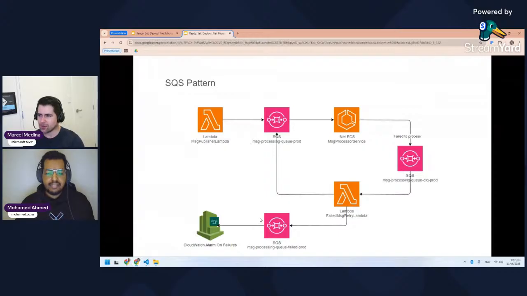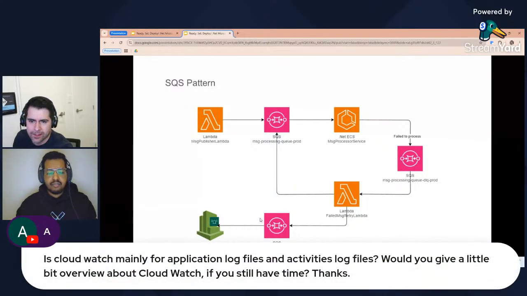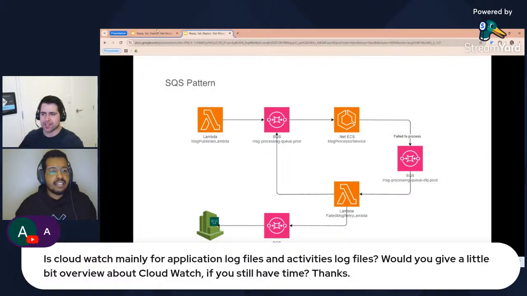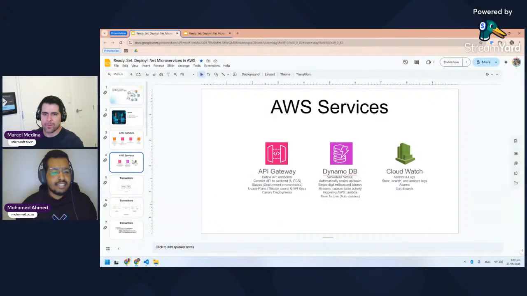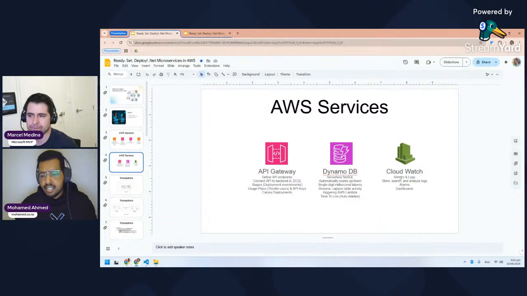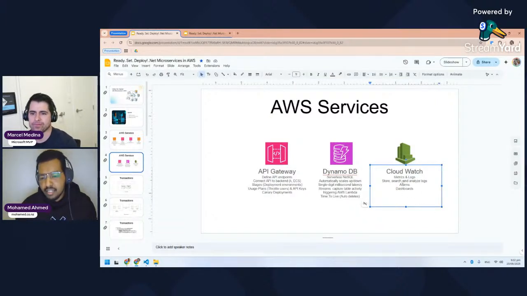We got another question. Let's bring that in. It's about CloudWatch. So it's CloudWatch mainly for application log files and activity log files. Would you give a little bit of overview about CloudWatch, if we still have the time? We still have the time, yes, for sure. Lovely. I don't think I can say much other than,